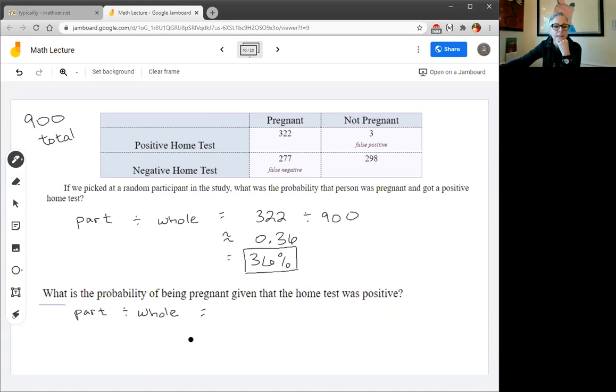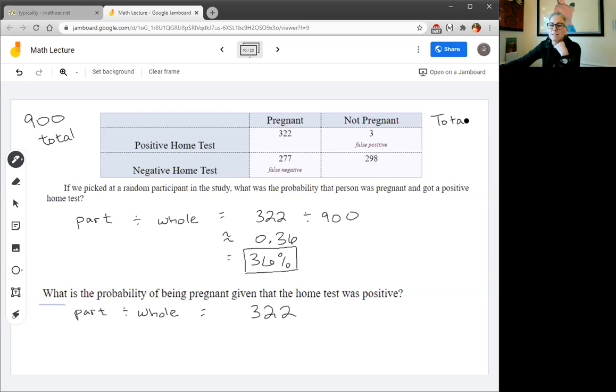Well, if you're looking at the part, what is the probability of being pregnant, given that the home test was positive? So 322 were pregnant. So that would be,